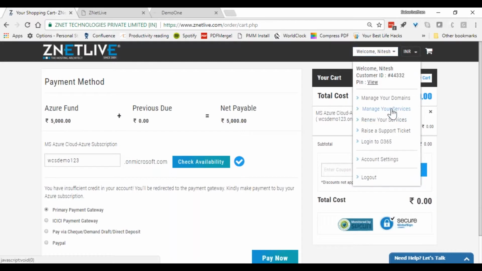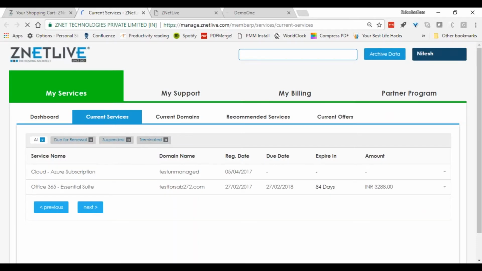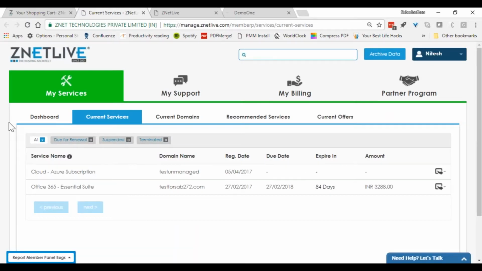What are the services he can manage? Because one of the pain points you mentioned as a part of your challenge is the customer not having a self-service control panel. And this is where RackNap differentiates itself also. RackNap gives your customer a self-service control panel. So if you look at it, this is the customer I made the purchase with. He is able to look at all his services, what he purchased. For example, let me look at Azure.